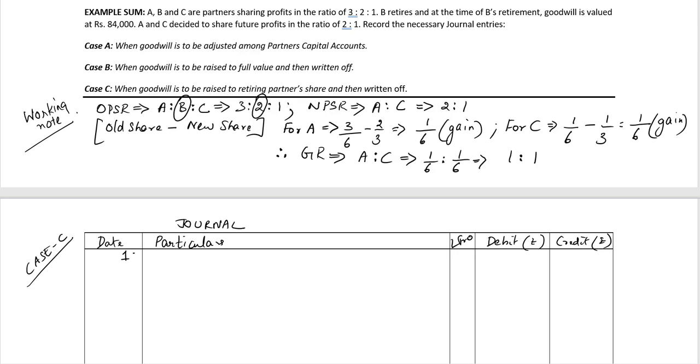Case C, the first journal entry is to raise the goodwill to retiring partner's share. So let's write the journal entry: goodwill account debit to B's capital account. We need to raise the goodwill to retiring partner's share, which is 84,000 multiplied by the share of B, which is 2 divided by 6. So we have 28,000